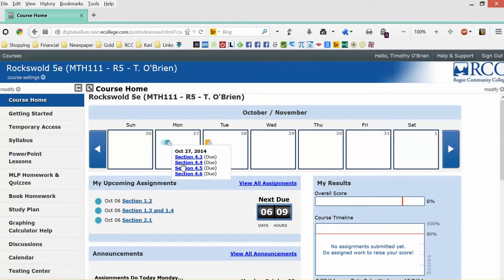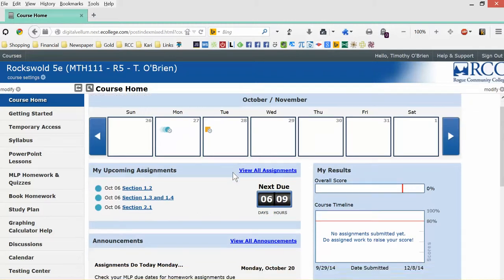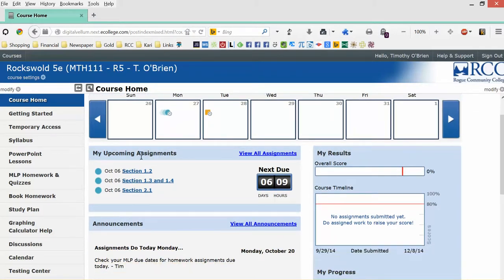Now, there'll be a few different places here you could access the quiz and the homeworks, but here's only one of them. When you scroll down here, you'll see my upcoming assignments. You can click on View All Assignments,